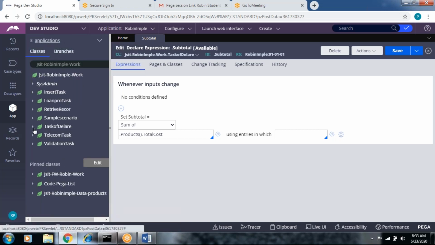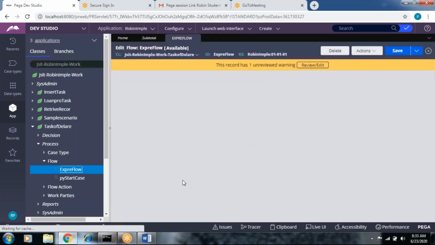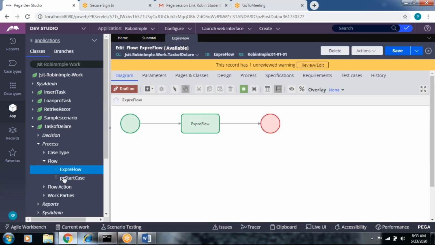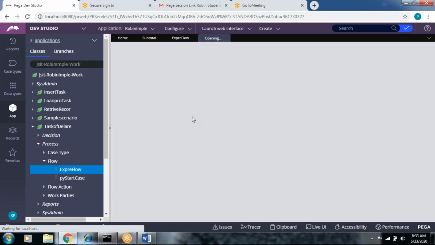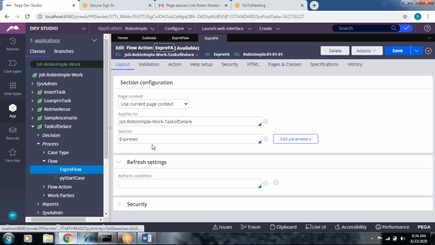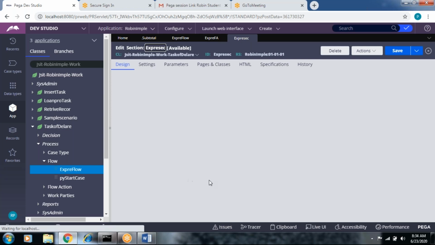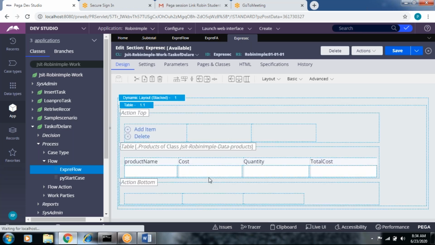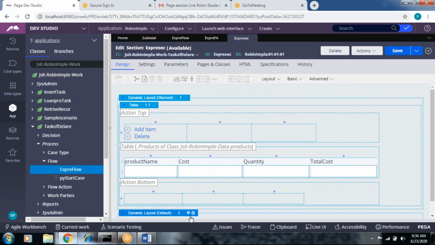So go to the process flow. I think we need to add one more property into the section. Let's open the section here. I think we don't have the subtotal property in the section. So this is the section. Add the properties, drag and drop one more, take one more layout here.